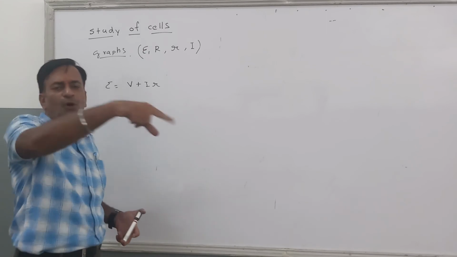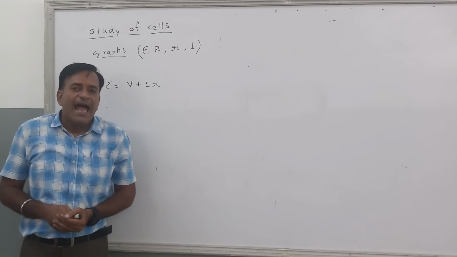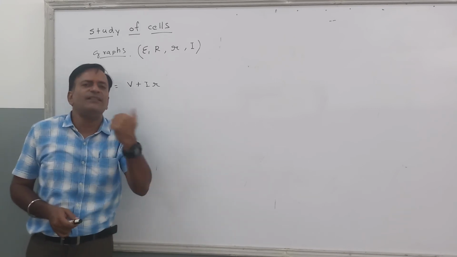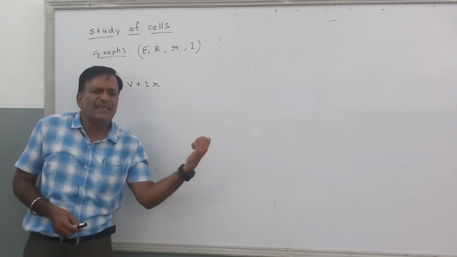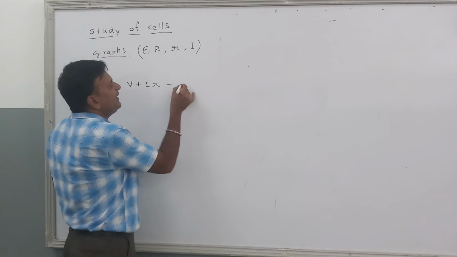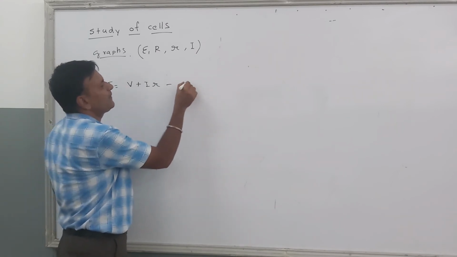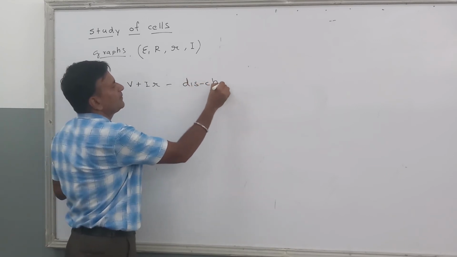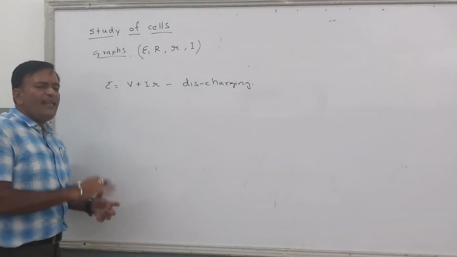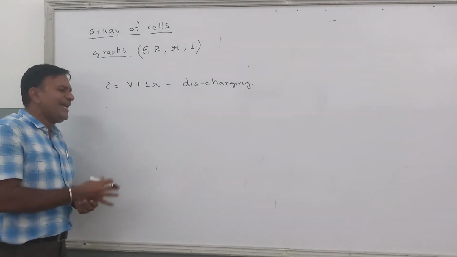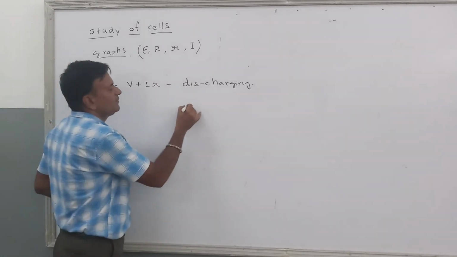Right now I am using this phone to record a video. That means I am using the energy of the cell. So at that time, what is it known as? Using the energy of a cell is known as discharging. Now when you use this and then plug in your mobile phone again, what do you call it? You call it recharge.